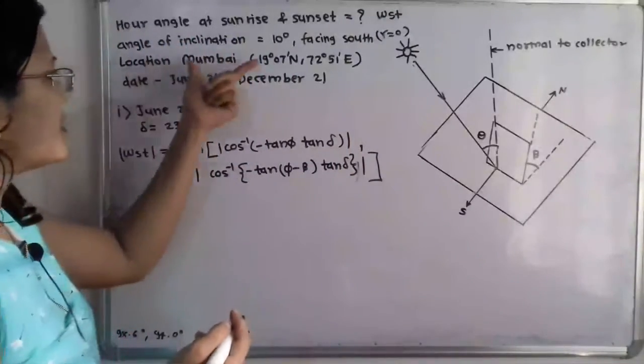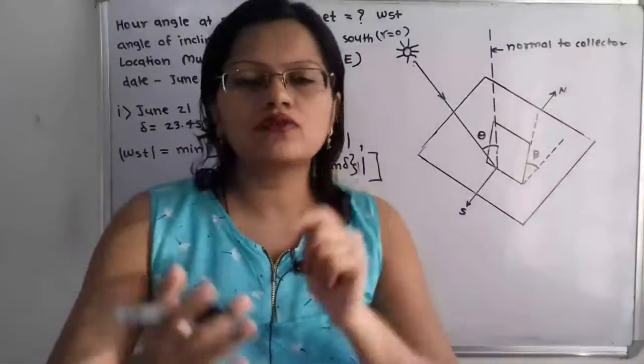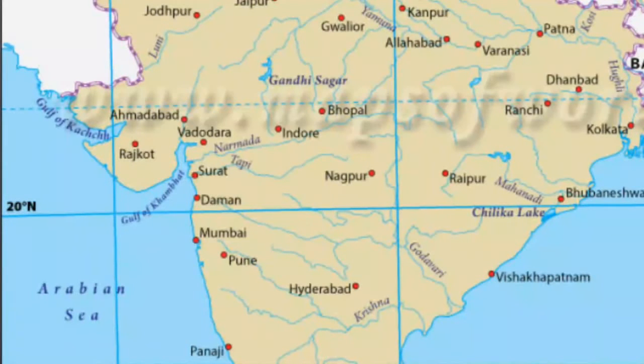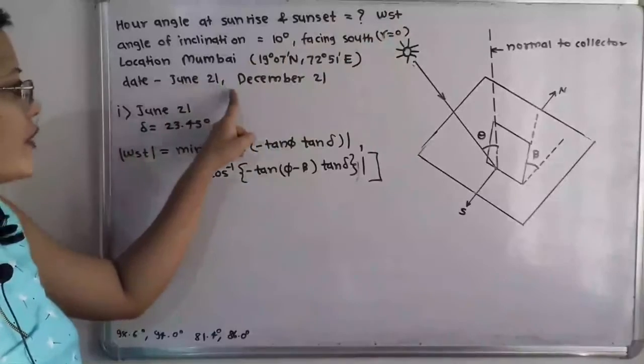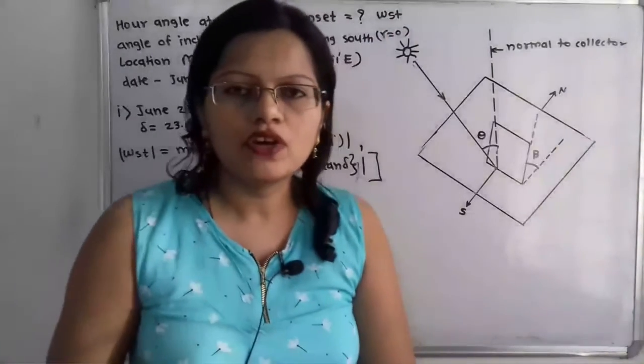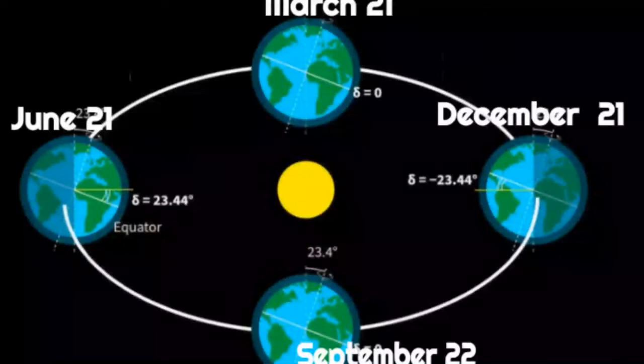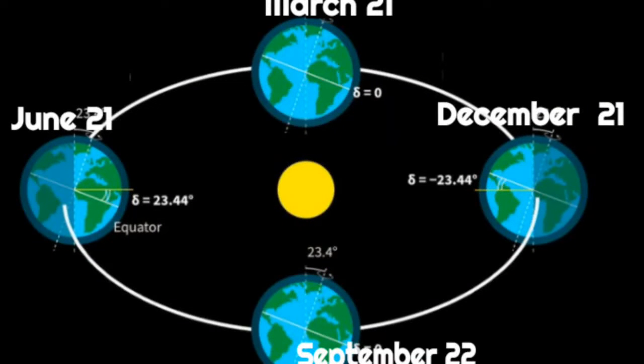Then the next is the location, Mumbai. How do we show the location in terms of latitude and longitude? The latitude is 19 degrees 7 minutes north and the longitude is 72 degrees 51 minutes east. The dates are given, and on these two dates we have to find out this omega st. The dates are June 21 and December 21. We will take the first date, June 21. The angle of declination delta on June 21 is equal to